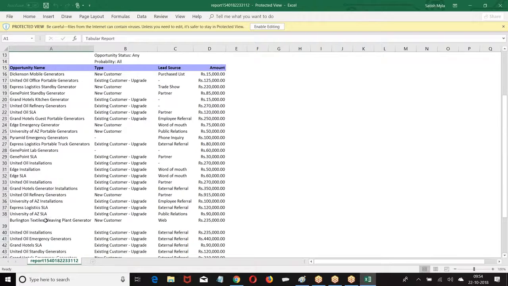Right, boss? Exact format of the report we are getting. That is called printable view.